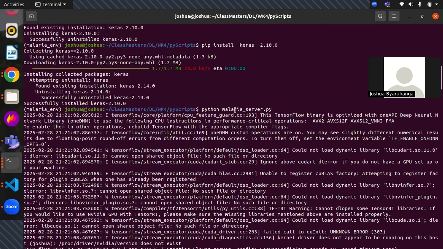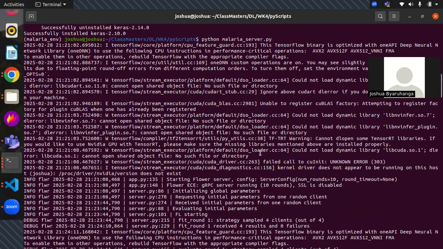This is the script that contains the code for the server. We navigate to the location of where the script is saved, activate the virtual environment, and then run the server. For the client to be able to communicate with the server, the server should be running before the client can send updates. That's why we are starting with